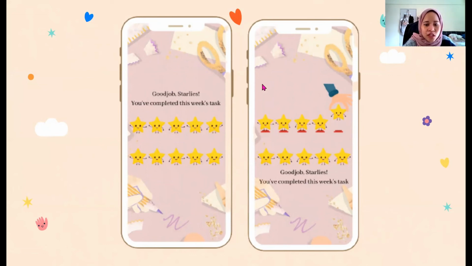And then these stars or scores will automatically appear on the teacher's data, so the teachers will know which student gets full marks or which student doesn't get full marks. So at the end of the month, we have 4 weeks. They will be answering 4 types of quiz, and then